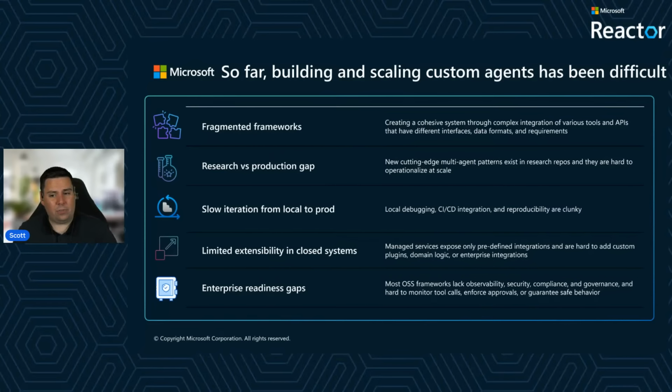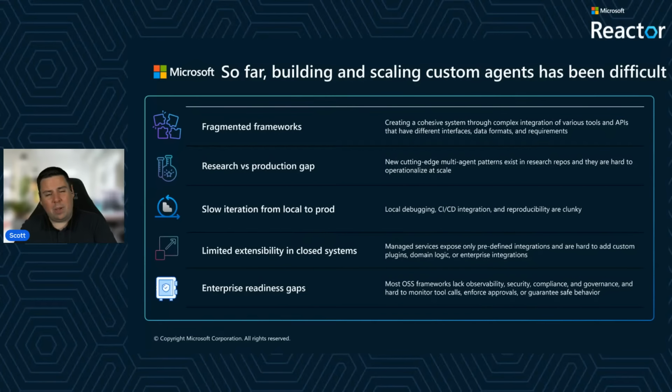A lot of the frameworks were focused on solving a particular problem set rather than abstracting to a higher level in terms of giving you those concepts to be able to orchestrate yourself. So fragmented frameworks meant that we were stuck deciding between things like AutoGen and Semantic Kernel. We need multi-agent. Which tool do we pick from? The Microsoft Agent Framework, as we'll talk about in a moment, combines these together and gives a simpler approach.